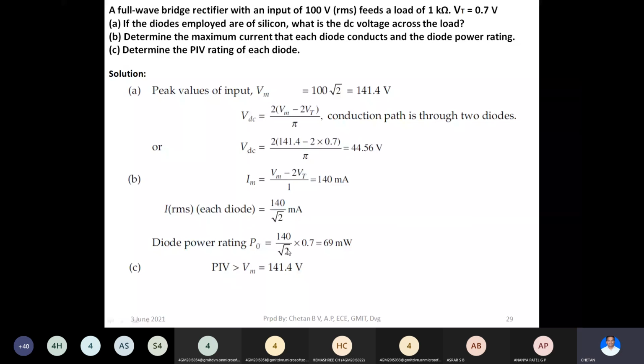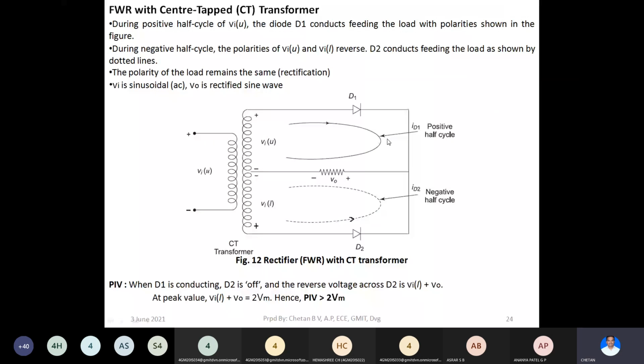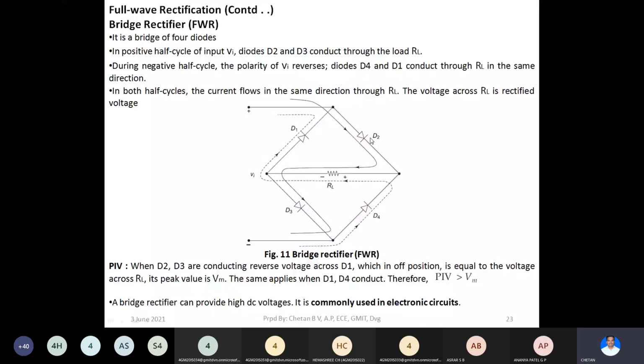So power for the diode, they have not asked the output power across the diode, right? So how we are going to measure the power across the diode: if you consider this circuit, the power across this diode is the current flowing through this diode multiplied by the voltage across this diode. As it is given in the problem, it is a silicon diode. The voltage across this silicon diode is 0.7. Therefore, you have to multiply 0.7 with the current flowing through it to get the power rating for this particular diode, right?